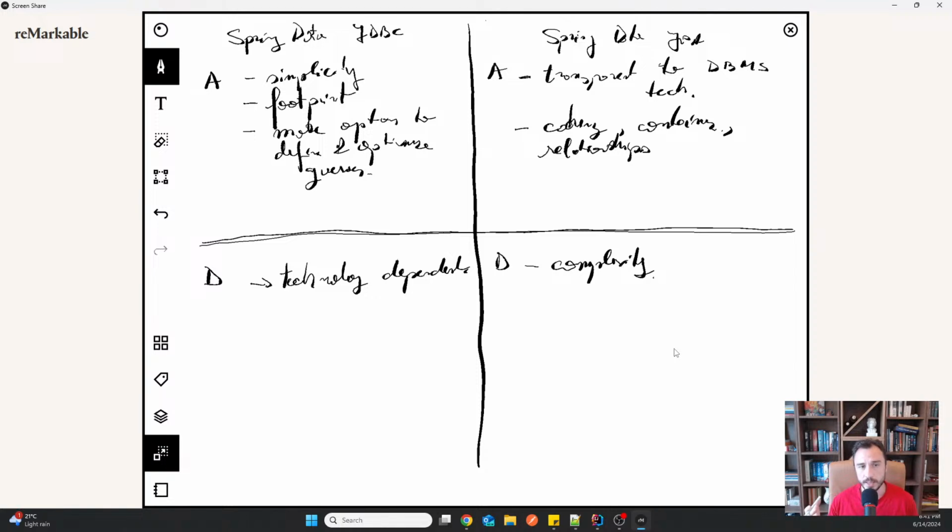So in many cases, it's not needed to have the complexity of an ORM that comes with the learning curve for the team, with the large amount of error-prone possibilities that you have there, unless the application